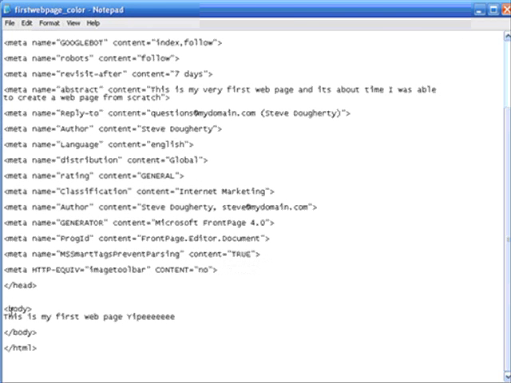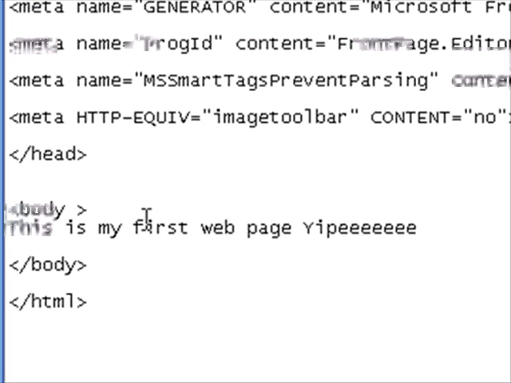So all we're going to be dealing with right now is this first body tag, the opening body tag. Just click in here between the Y and that ending angle bracket, and then hit your space bar and type in BG for background, I would imagine. No space, COLOR for background color, equals, again no space there. Then you want the double quotes,